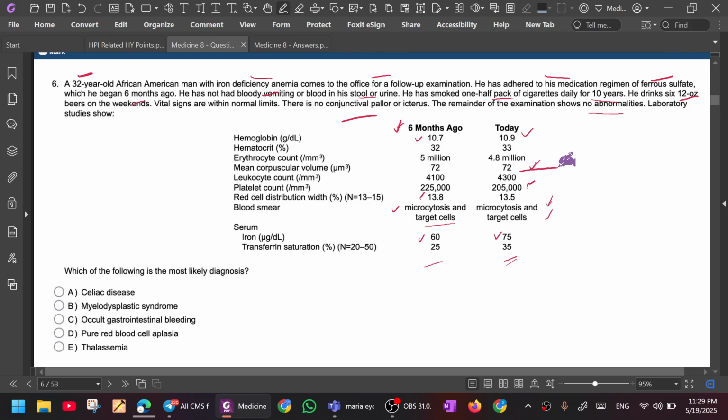The hemoglobin is low, but the erythrocyte count is normal. Have you noticed that? Yes, but the hemoglobin is slightly low, right? Even though he is getting iron, it is not corrected as it should be, isn't it? It was 10.7 6 months ago, and after taking ferrous sulfate for 6 months, hemoglobin only increased by 0.2. No, the iron is good, because the iron now, 75, is good. Red blood cell aplasia,